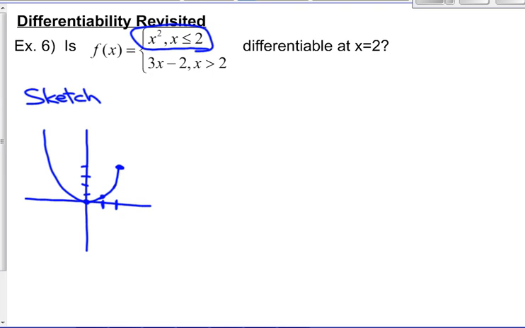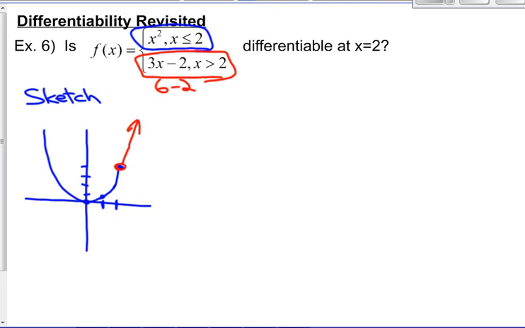Now let's do the next part of the function, 3x minus 2 for x greater than 2. So if it doesn't meet up with that parabola, then we're sunk. There's obviously a discontinuity. So let's put 2 in here. That would give us 6 minus 2. Oh, it really does happen at 4. And it's got a fairly steep positive slope, so